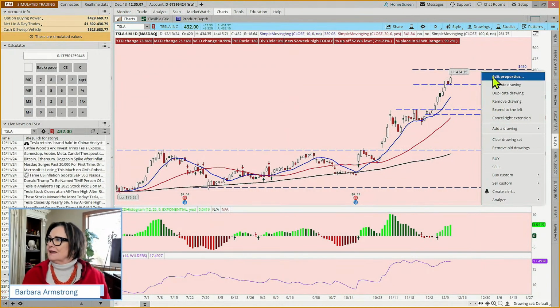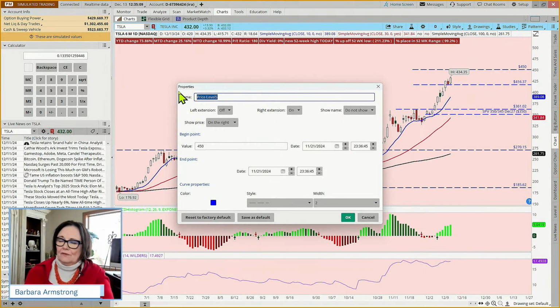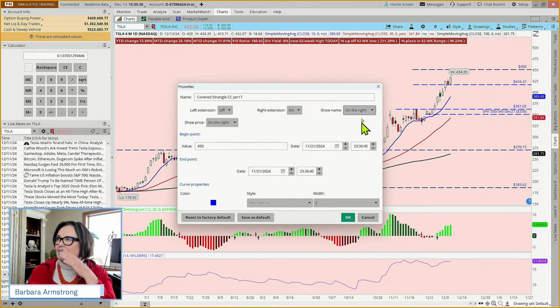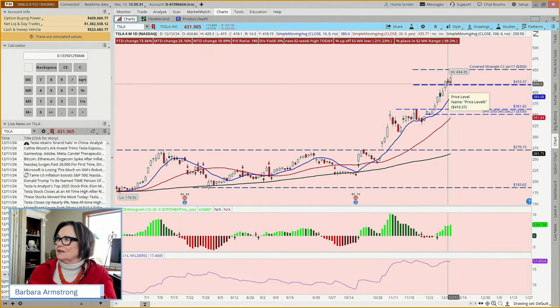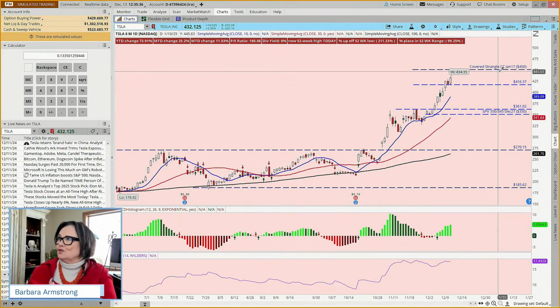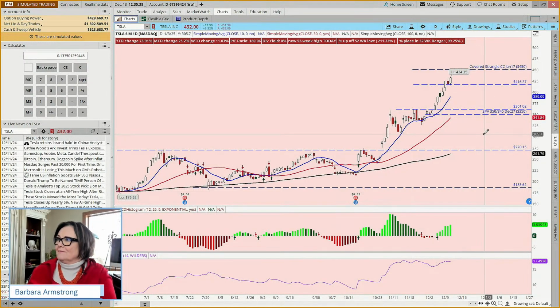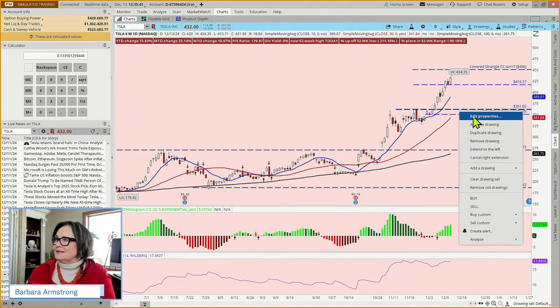So what we're looking to do ultimately, if this is our covered strangle, this is the top part of it. Our goal is to be called out. And this is January 17th, I think, is our date. Our goal is to be called out. If we're not called out, our second best situation would be for it to close close to our covered call strike. And then we've got this 360 strike here.